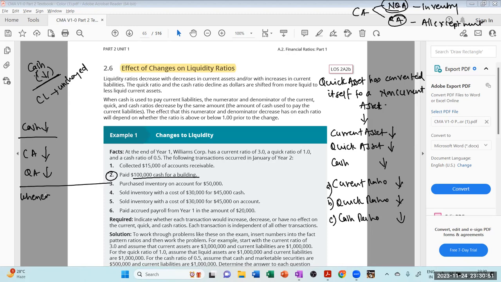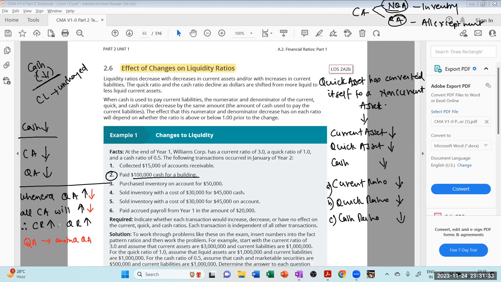This is the cheat code. Whenever quick assets increase, all current assets will increase. Therefore, current ratio will increase and quick ratio will also increase. Now in another ink I am writing for you. Whenever quick assets decrease, current assets will decrease. Correct? Yes, sir. And if the quick asset has converted itself to another quick asset,